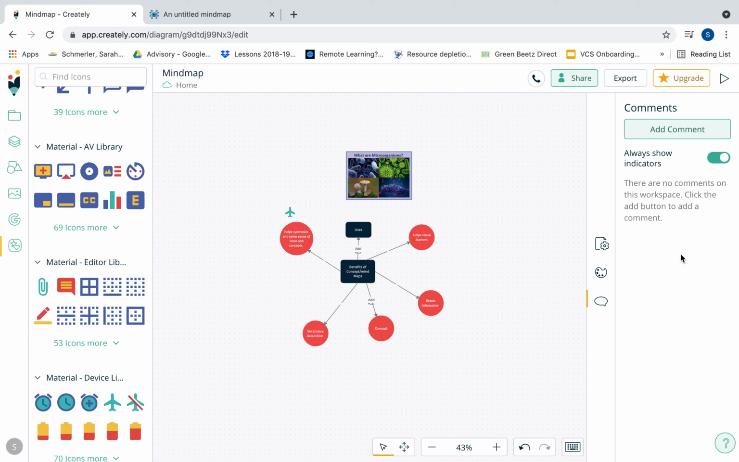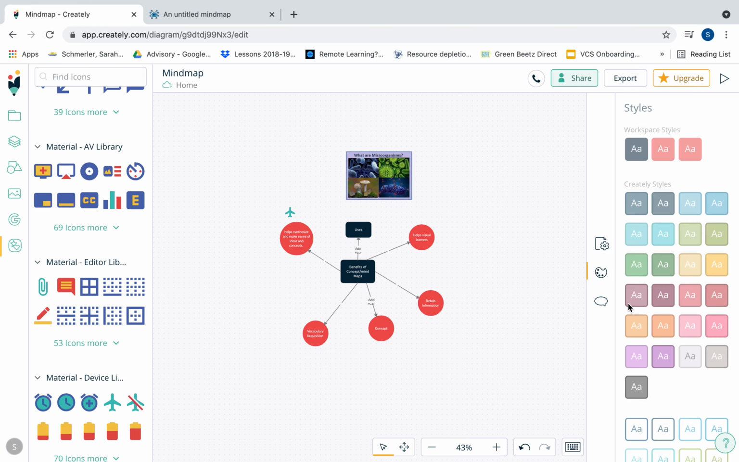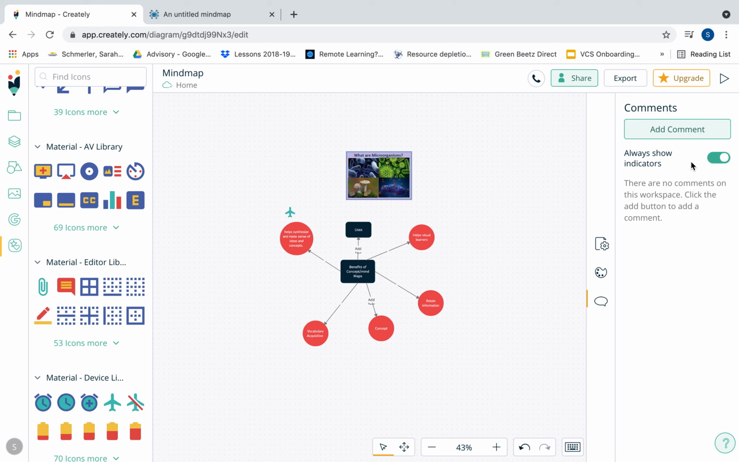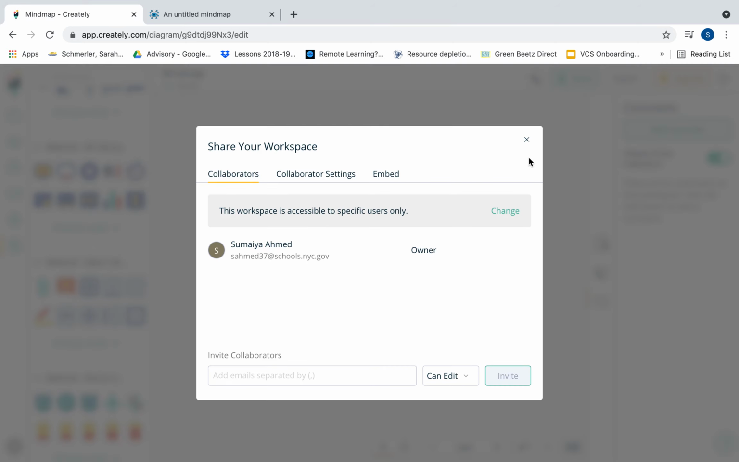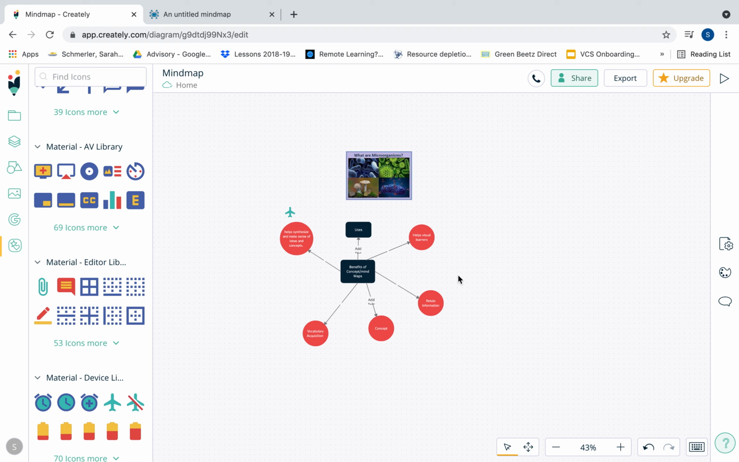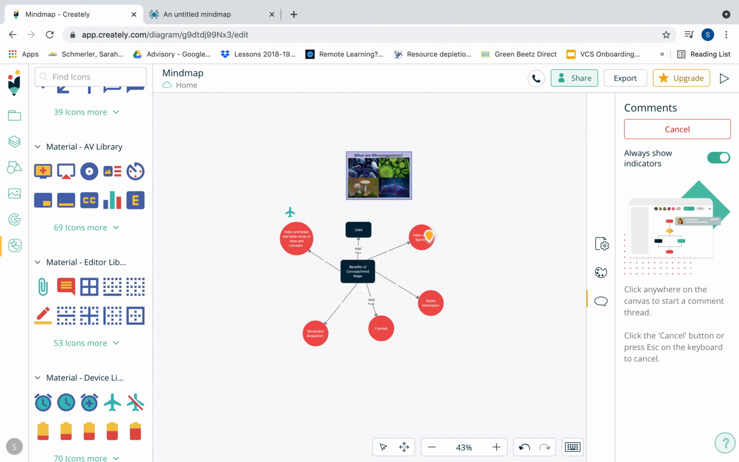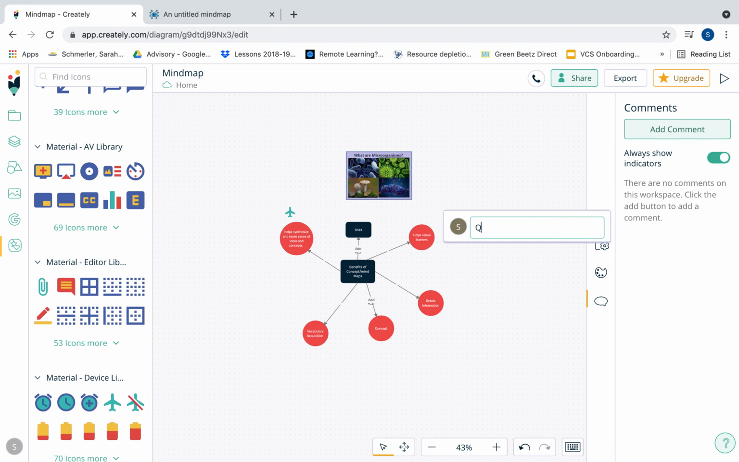All right. And again, here you can control more settings. So there's the information for the mind map. Here are the colors and fonts and styles. And here are the comments. So another nice feature of this is that students can work on this collaboratively with other students. So if they click share, they can share it with others. And once they share it with others, they can comment on each other's work. So if they click comment, they can add a comment. So let's say they have a question, they can have a question here, and they can add the comments